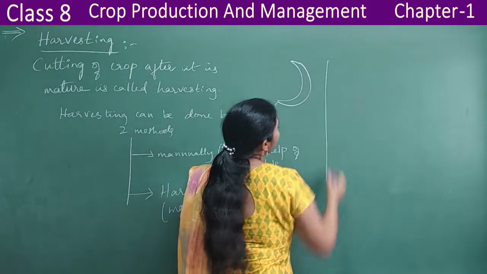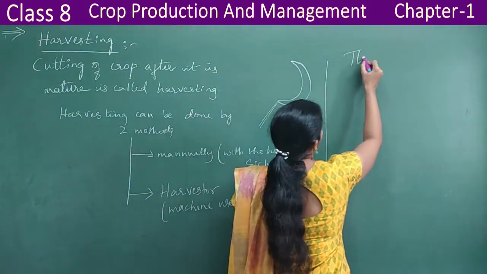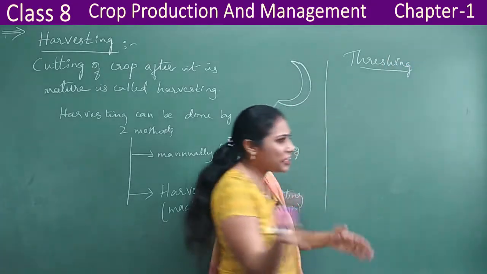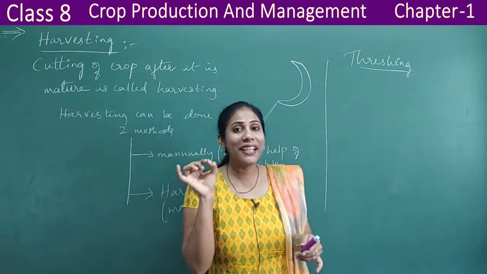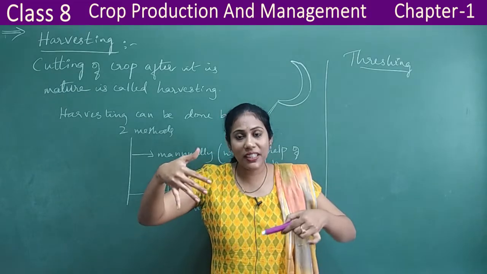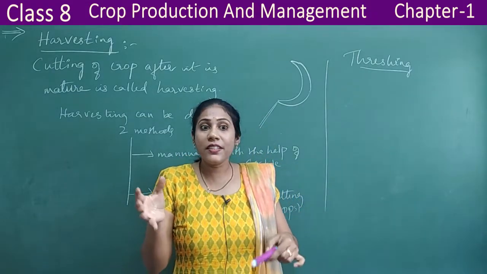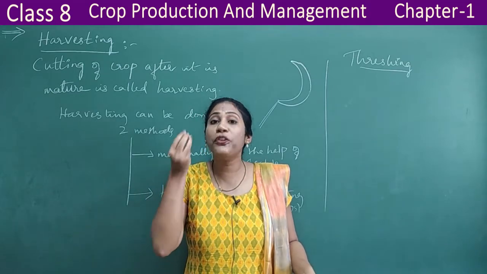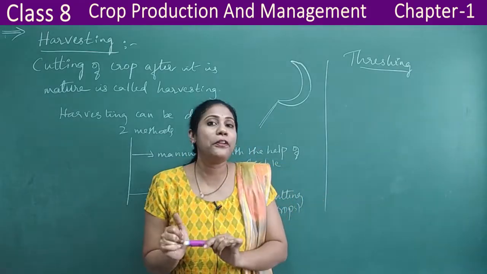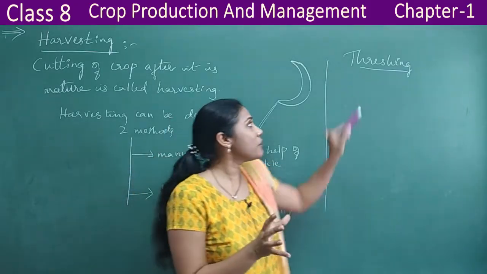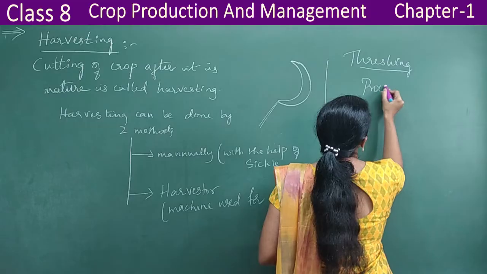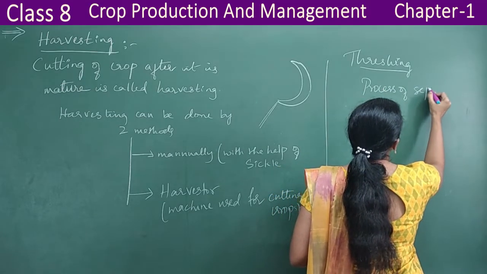And now we have to learn one more word called threshing. So what do you mean by this? Say after you cut the plant, you have to separate that seed grain, the food grain, from the chaff, in the sense the remaining part of the plant, right? It's not the plant that you want, it is the food grain that you want, right? So that food grain has to be separated from the remaining part of the plant. That separation process we will call threshing. So what is threshing? It is a process of separating